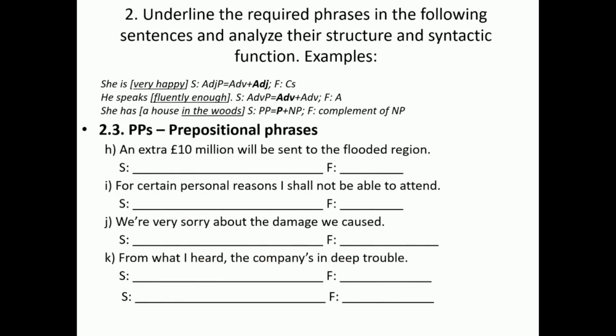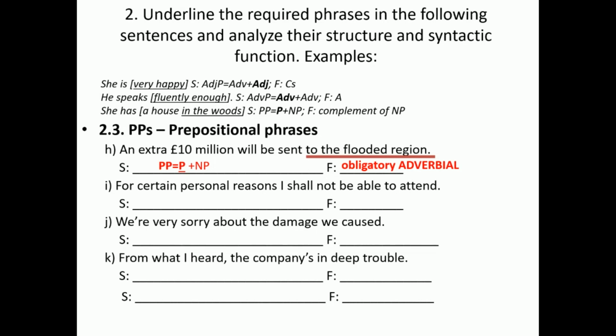The last subsection of this exercise is about prepositional phrases. And here, as you can see, the number of lines will always correspond to the number of prepositional phrases that you have to find. So in the first one, it's to the flooded region. So the structure is P plus noun phrase, the flooded region, and the function is of course the adverbial. Here you can write that it's obligatory, but it's not so important. As I mentioned in this exercise, it's just enough to write that it is a particular type of a sentence